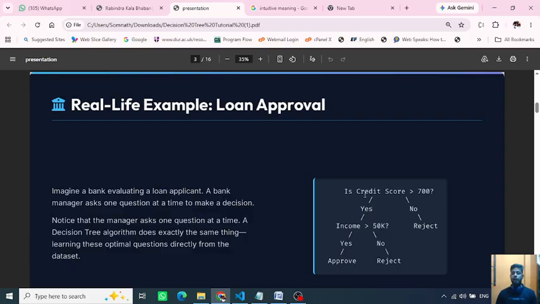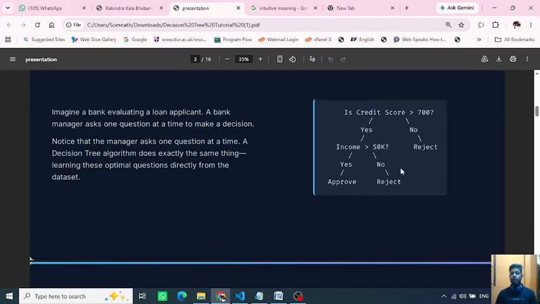You can see on the right side there is an image with a tree-like structure. Is the credit score greater than 700? If no, then the loan approval will be rejected. If yes, then it asks another question: is the income above 50K? If yes, then it will approve. Otherwise, reject. So in this way,